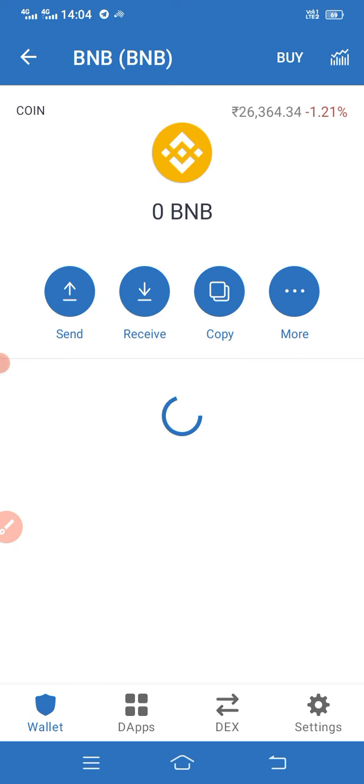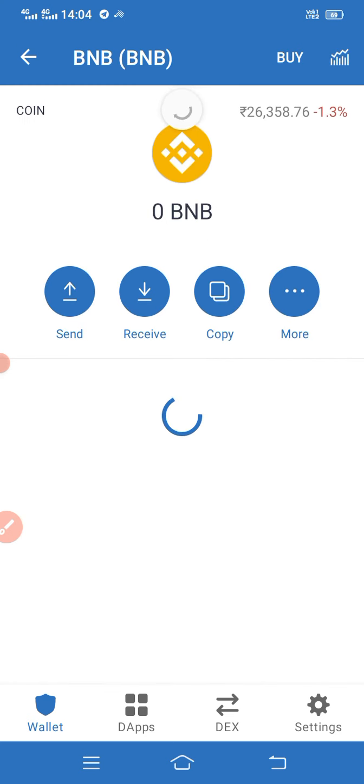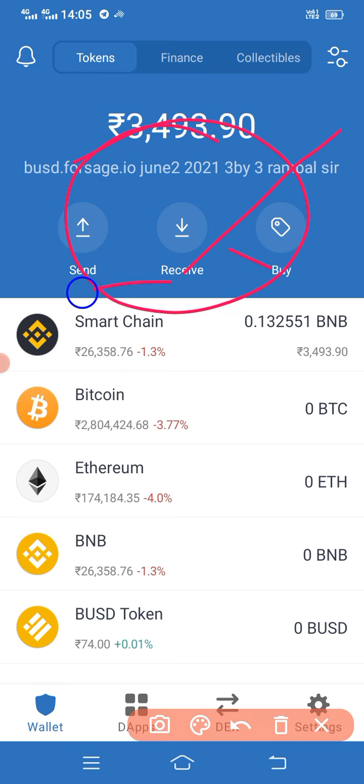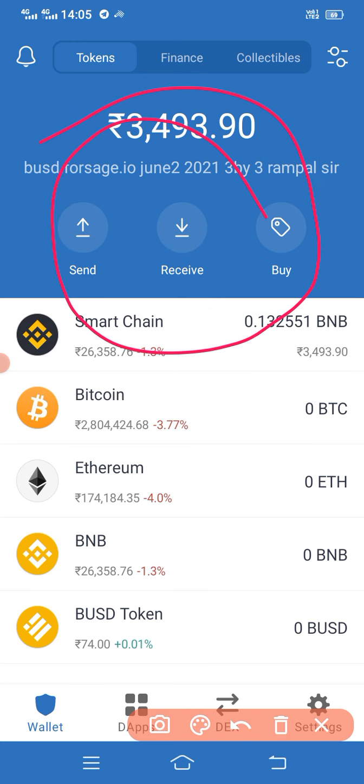You see, my BSC is now full. See here, let me mark it for you. Earlier it was different. Now it is different. I may be scratching badly, but to make you understand, I'm showing you. Very easily it came. Now from this trust wallet, I send this Binance change to other trust wallet.